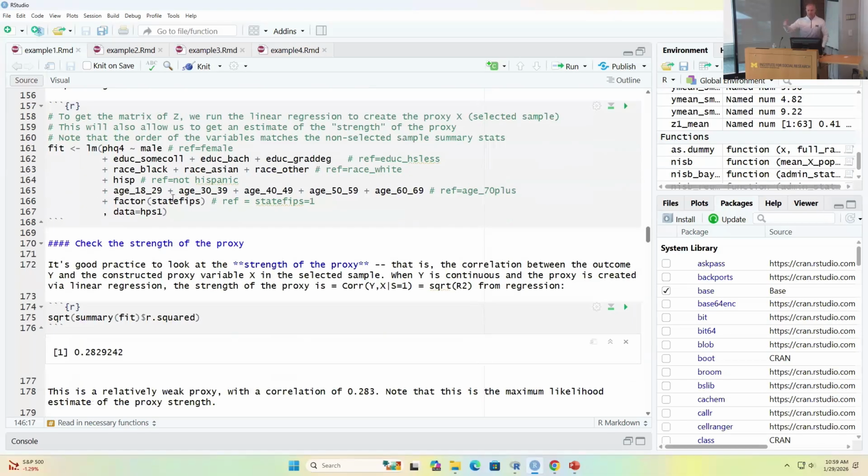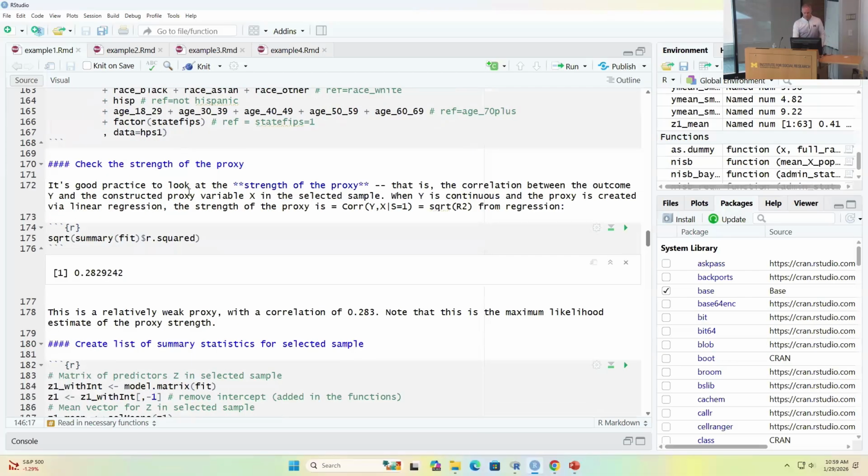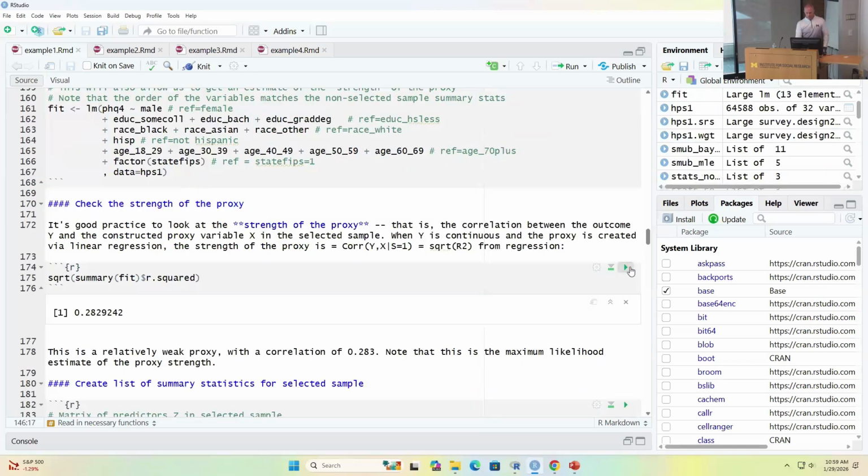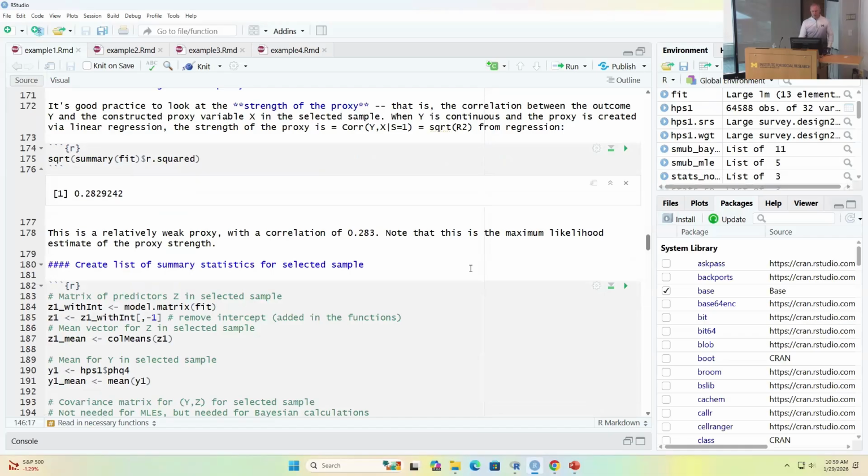again is just the predictions of PHQ4 based on the model that was fitted to the non-probability sample. So we can look at the strength of the proxy. Here, we're just getting the square root of r squared from that fitted linear model. That's all this chunk is doing. When we do that, I've got to run the model first. Hold on. When we do that, we find that the r value